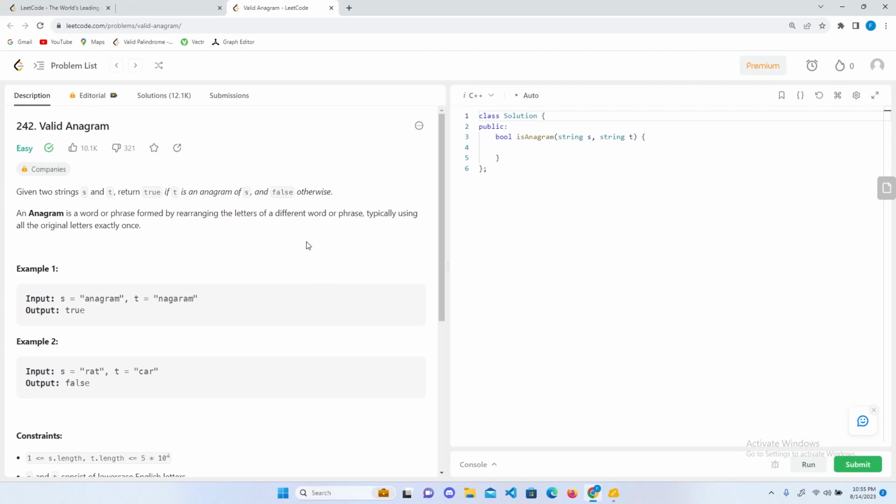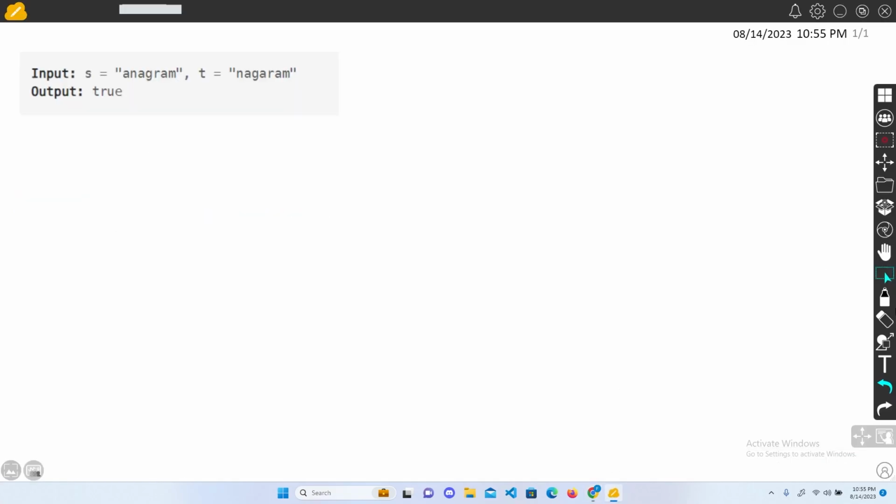What's up guys, today we are going to solve the valid anagram problem from Leetcode. Firstly, we want to draft the problem solution. So we have two strings, as an example "anagram" and "nagaram", and we want to see if they are